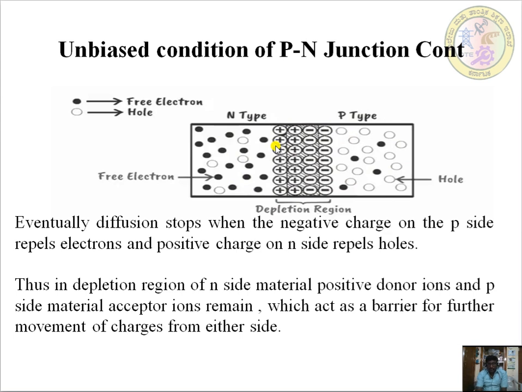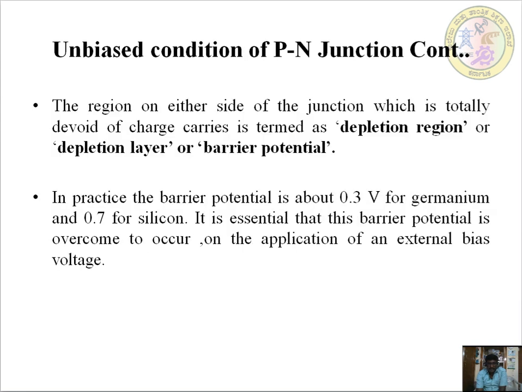Okay, to get the diode conduction, we should apply a voltage source. Then it will have a forward bias or a reverse bias, depending upon what kind of terminals have been connected, and that will be continued in the next session. Okay, and the main thing is the barrier potential, that is 0.3 volts for germanium and 0.7 volts for silicon. This is the main reason why people go for silicon: its barrier potential is 0.7.